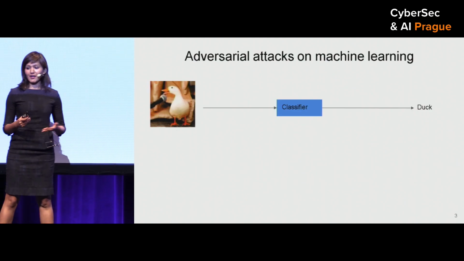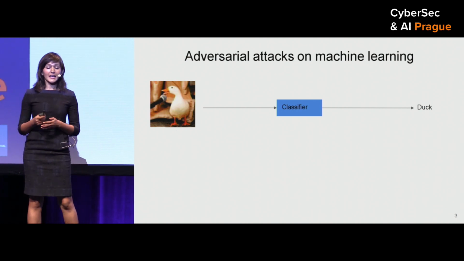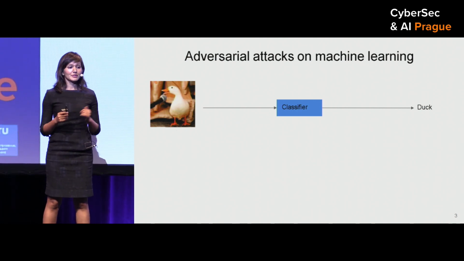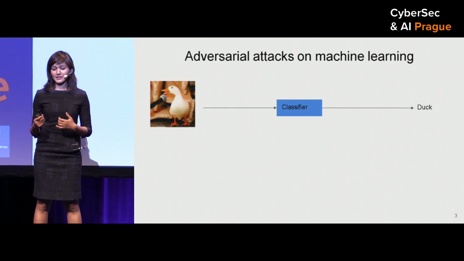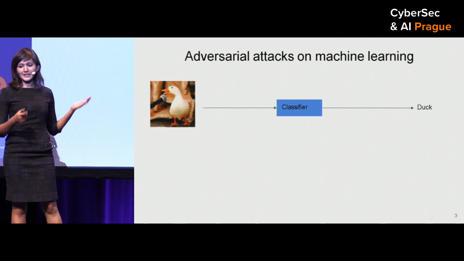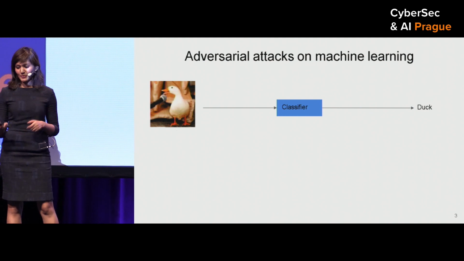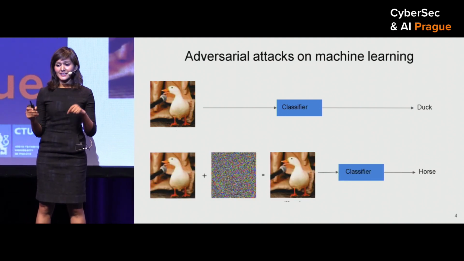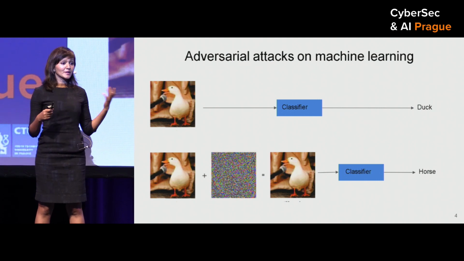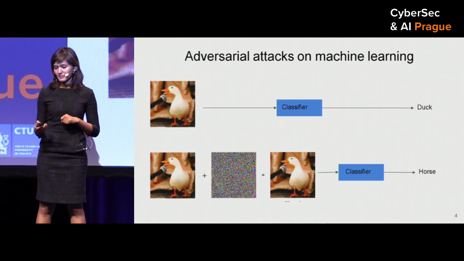Nicola gave a great talk about how adversarial attacks work. Just to recap, typical adversarial attacks work like this. You take a machine learning model that has a very high accuracy to do some task. For example, here, a bird classifier that can take a bird picture and tell you that this is a bird. But then, if you modify the picture very slightly by adding some special noise to it, the bird picture still looks like a bird to us, but the classifier will make a very high confidence mistake and think that this is a horse.